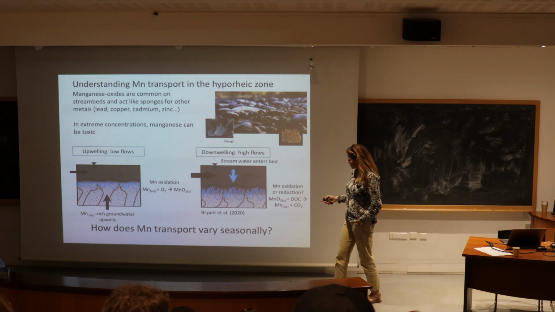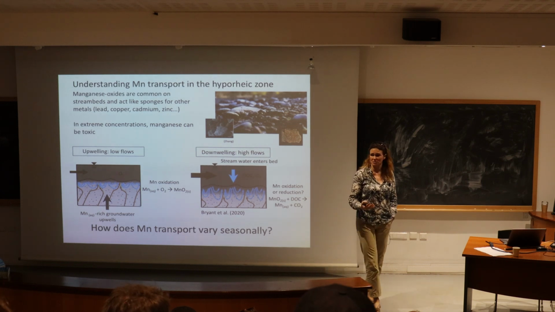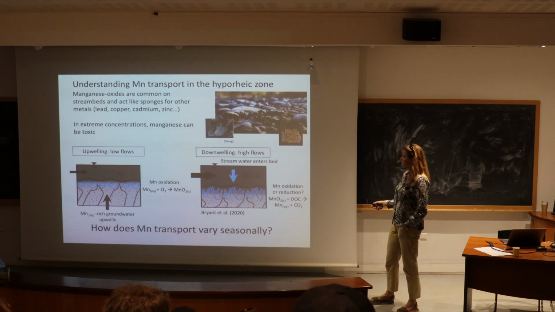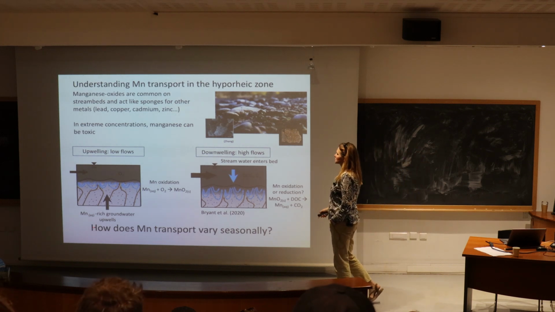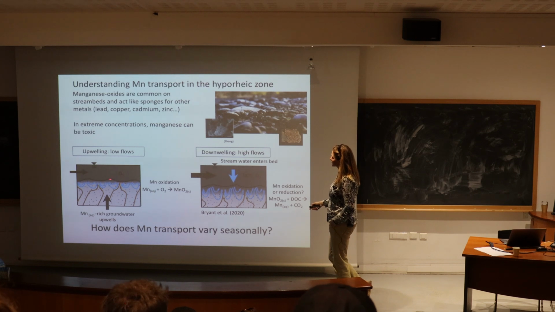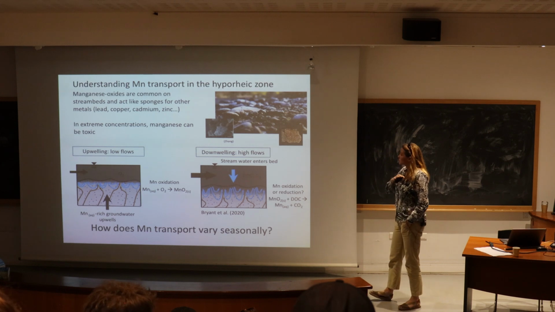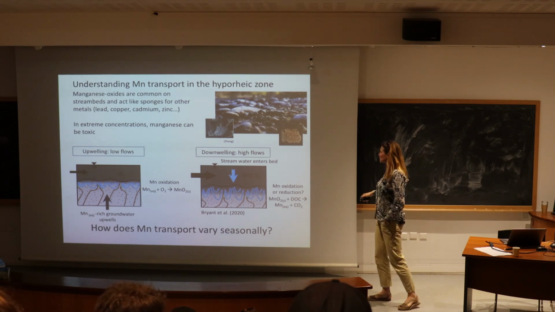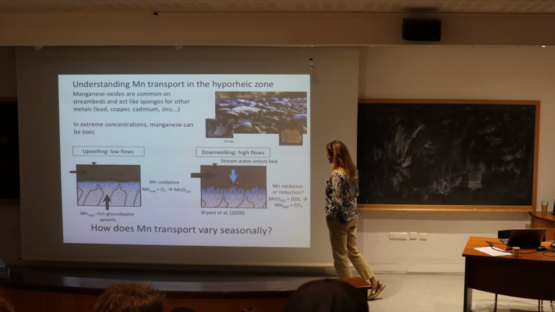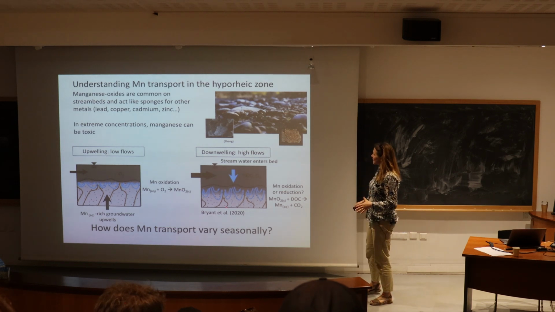And our idea here was that when we have stronger upwelling during the summer base flow season, but before you get too long into fall, we should get this reducing groundwater with a lot of dissolved manganese upwelling, interacting with river water with its oxygen in the shallow stream bed and forming lots of manganese oxides. And then when we have the spring snowmelt, that's when there's a lot of coarse exchange. Things are happening really quickly. And we can actually get some downwelling occurring.